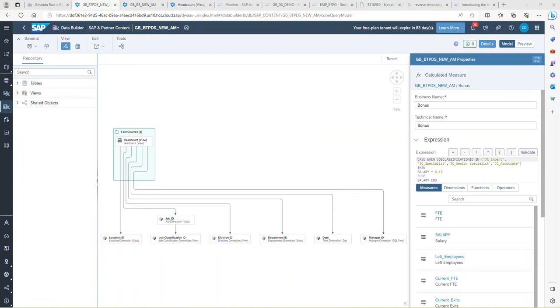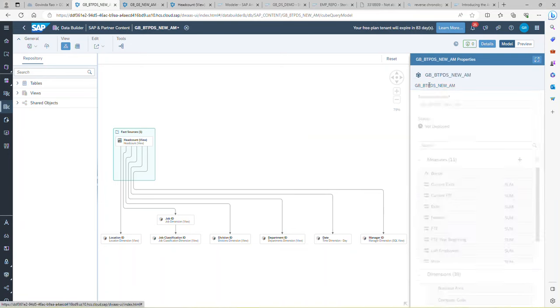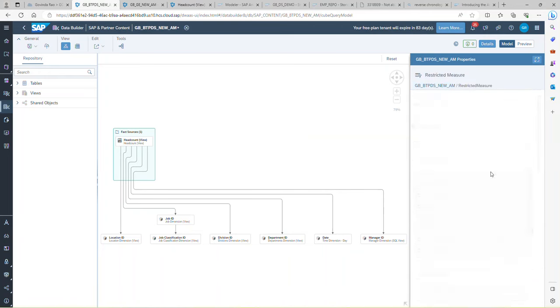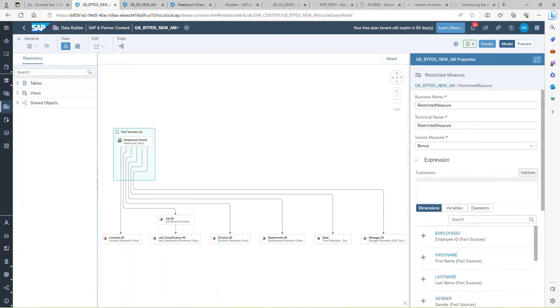Yeah, I think I missed adding this one at the end. So it is validating now. Just go back and create one restricted key figure as well. So what I'm trying to do here is just trying to find out